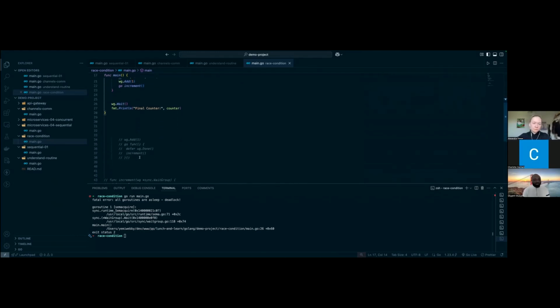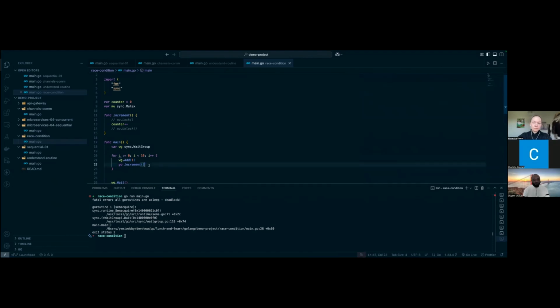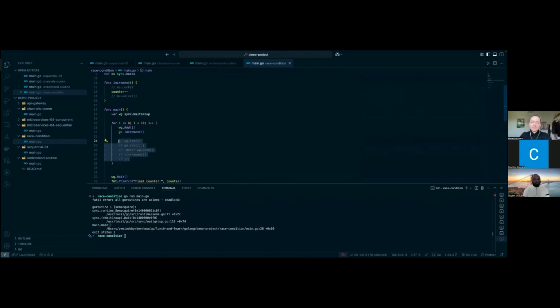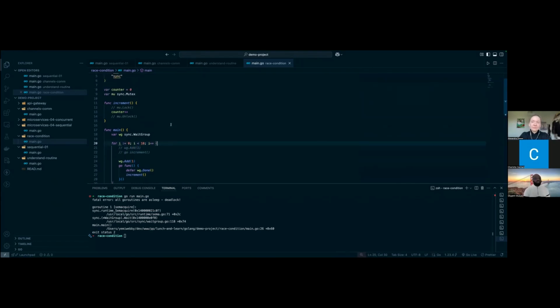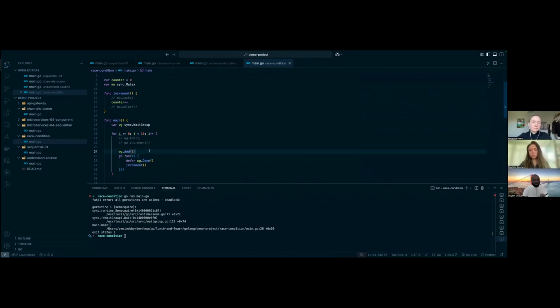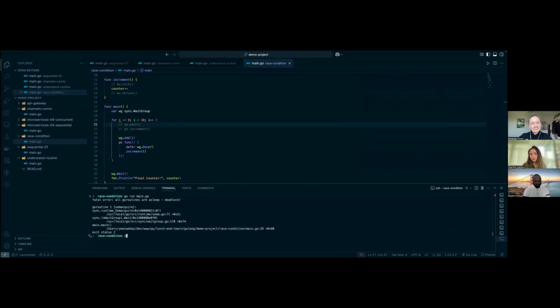To fix that, this is just a syntax. I'm going to bring this up. All of these are quite important to build the basics of how you can structure your microservices to handle concurrent programs. Now with this, WG.add increases it, but here we're saying decrease the value. The defer keyword is just saying, after the entire function, please defer this, so when the function is completed, then you can run it. Now, if we run this program,